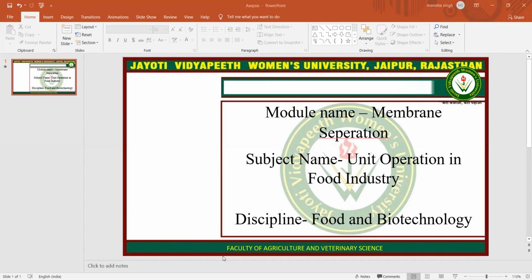Then nanofiltration, used when low molecular weight solutes such as inorganic salts and small organic molecules have to be separated. It uses a membrane that is partially permeable to perform the separation, but nanofiltration pores are greater than reverse osmosis pores. It can operate at much lower pressures and passes some of the inorganic salts due to the larger pore size. And pore size is typically 1 nanometer and pressure difference is 10 to 20 bar.